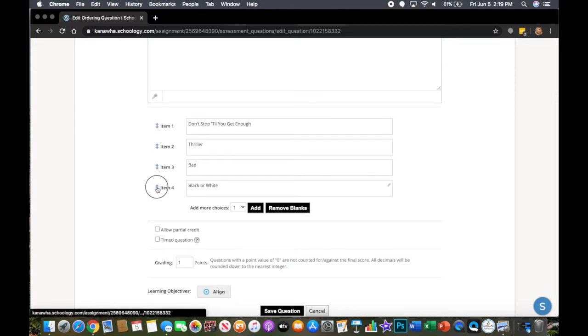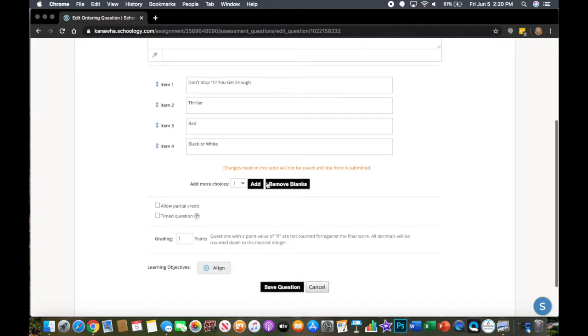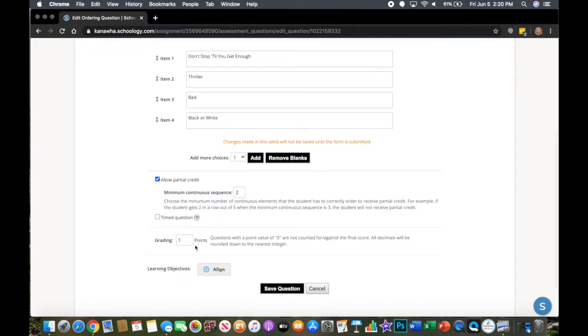If for some reason I were to move, then that means it's going to change the correct answer. So I just have to make sure I have these listed in the right order. Again, I can add more blanks or take blanks off. I can allow partial credit, so since there's 4, maybe they get 2 right. There we see we can have a minimum of 2. And so there are 4 things here, so I'll go ahead and give it a 4-point question and save my